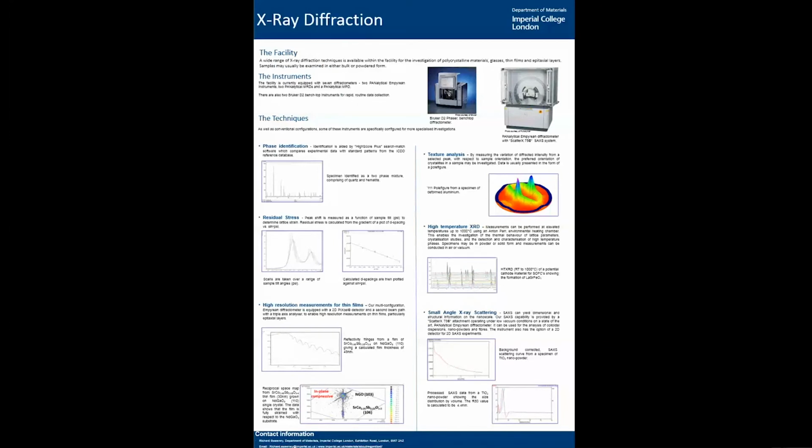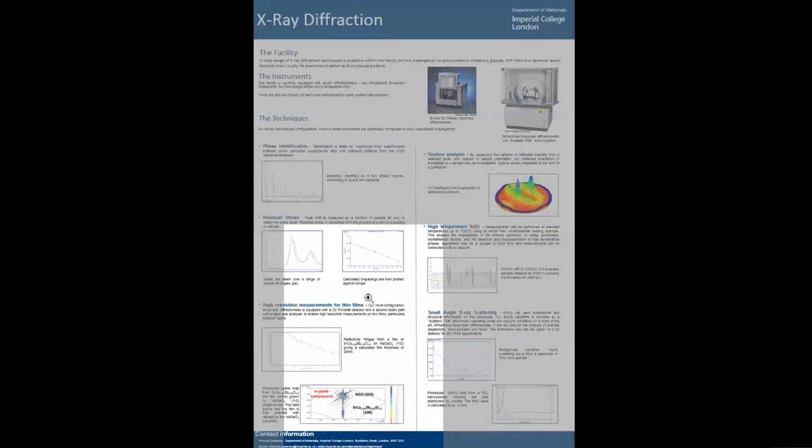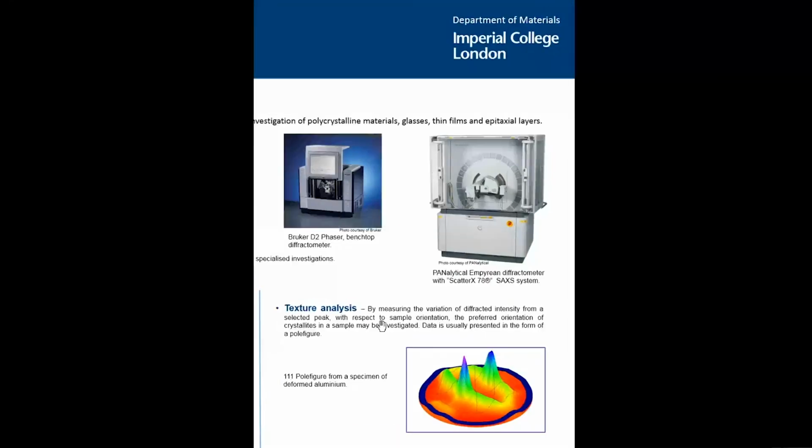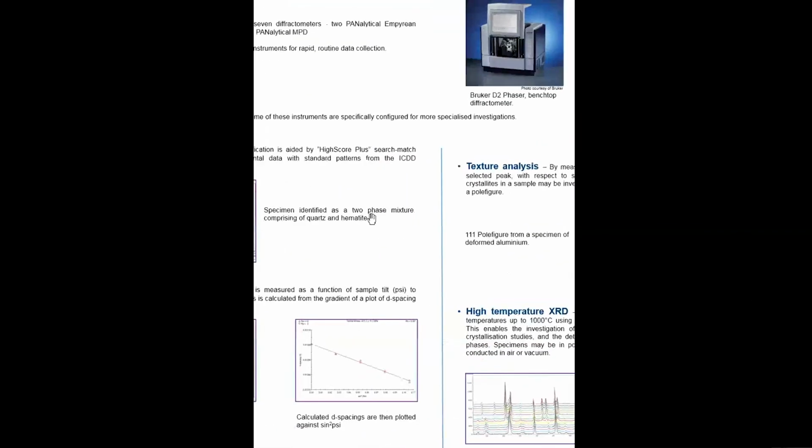So now here are what these things look like, and there's a lot on here. So let's just zoom in on something. These, for those who haven't seen them, are what X-ray diffractometers look like. This is a benchtop module, which would be about 1/2 to 3/4 meter cube. We have the full, which are more like 1.5 to 2 meters cube. So these are big instruments. And when I mentioned